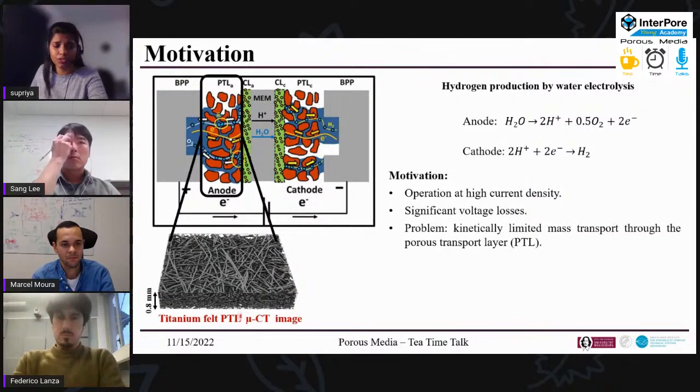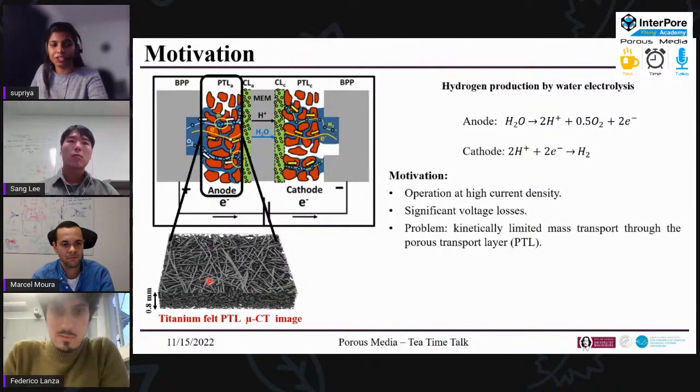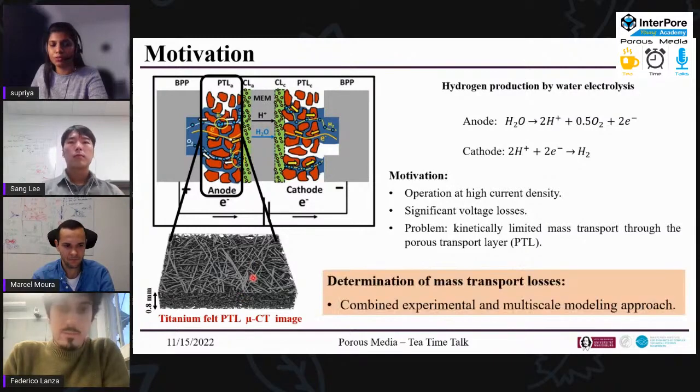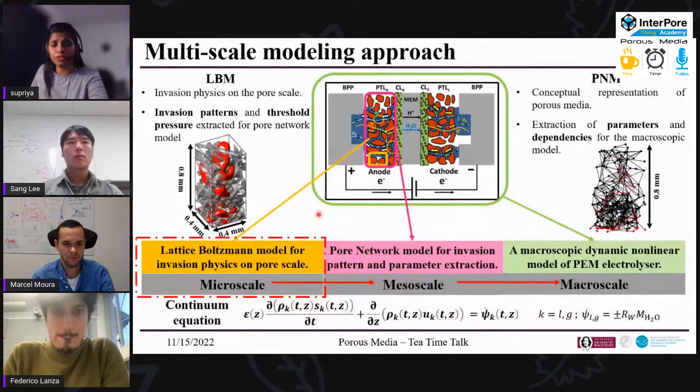So here we deal with the titanium felt PTL, where you have these fibers which run through and you have a porous space. This material has a thickness of approximately 0.8 mm. So here I would be talking about how we determine the mass transport losses combining the experimental and the multi-phase modeling approaches. Here we have different approaches at different scales, starting with the lattice Boltzmann model, where you